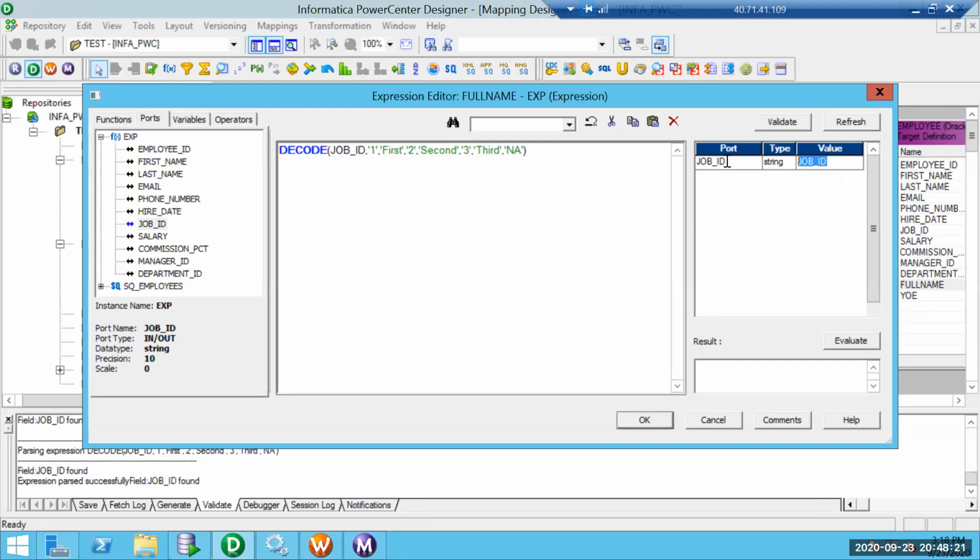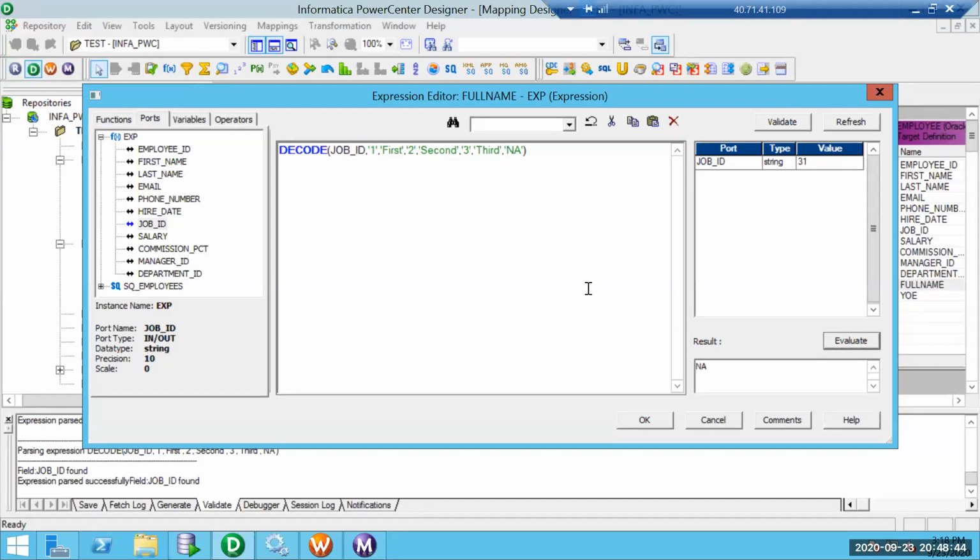We have the job ID column as string, so it is expecting string. When I populate 1, it is giving the value first. If I populate 2, it will return second. If I populate 3, it will display third. If I populate something like 31, it is not going to populate 31.